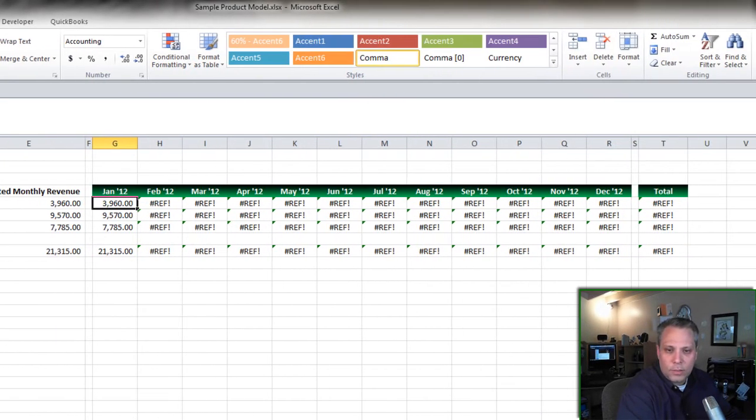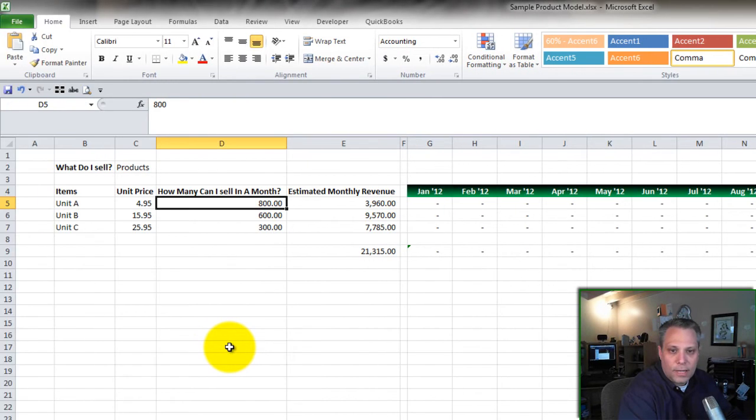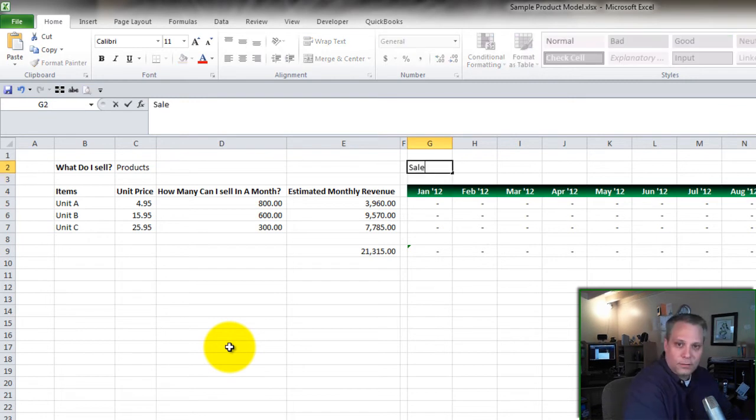And what we're going to do here is we're going to do this in terms of units instead of in terms of dollars. Right? So let's just zero all this out. We'll kill off the formula. So now we're starting off with these as the estimates of how many we can sell. First of all, you always want to use labels to make it clear. This is sales volume